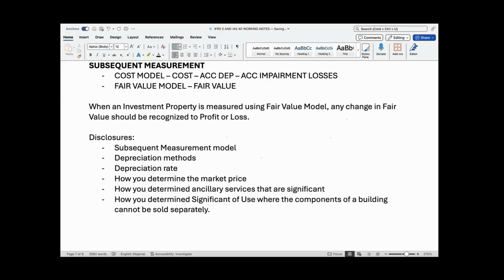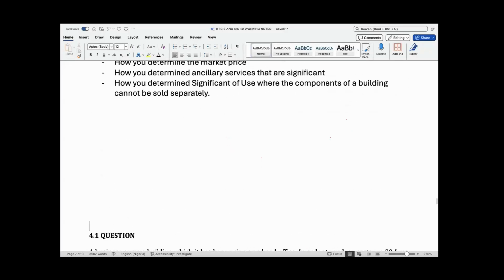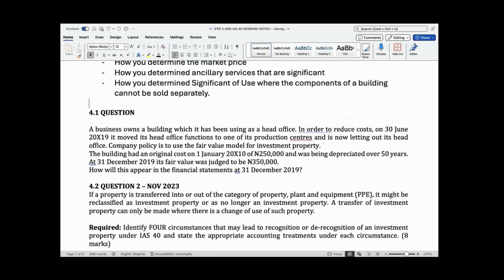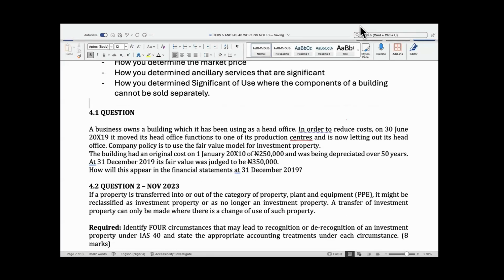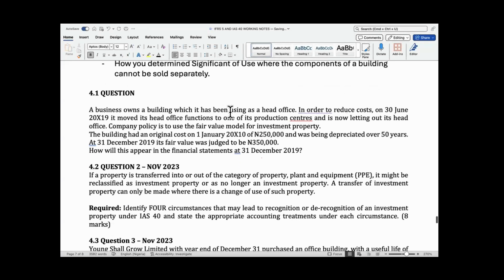You need to seriously give this, and all this you would mention in the notes to the account. So that's investment property, like that. So if you look at these questions here, it says a business owns a building which